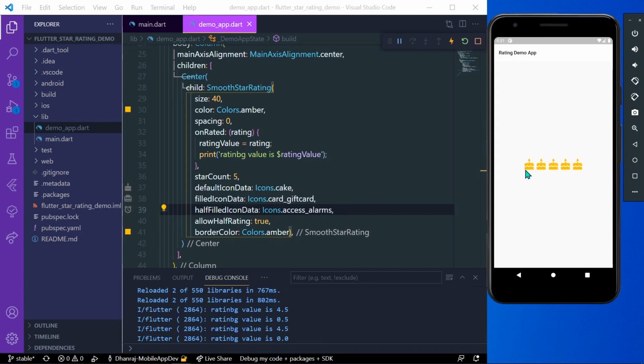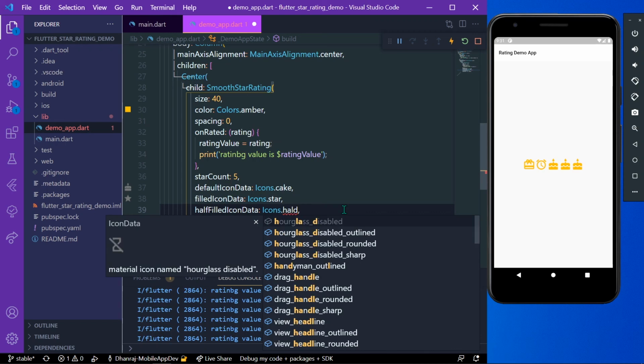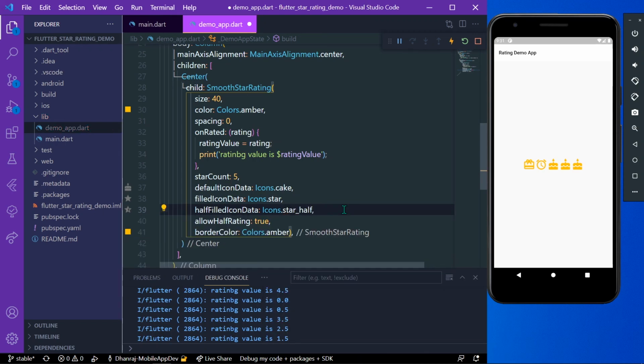When it's not selected, it shows the default icon data. When one is selected, you can see the filled icon, which is this, and this is how it works. By default, the filled icon is Icons.star, and half filled is Icons.star_half.